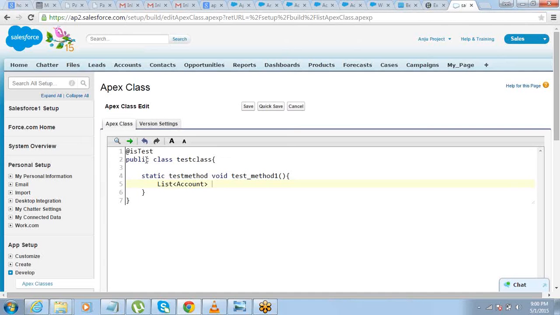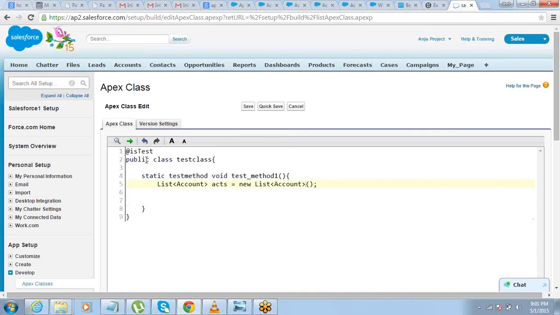So it's very important for us to go ahead and check if we are doing the test method with bulk records. All right, so let's say list of accounts, call it acts equals new list of accounts. Because it's trigger, I'm checking it with bulk records, so that's fine. All right.